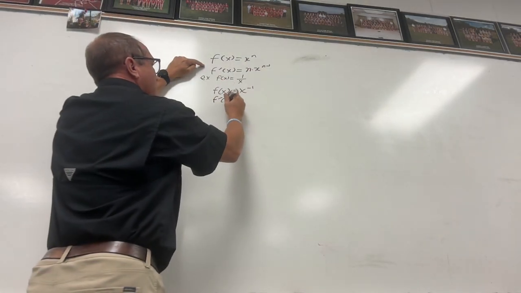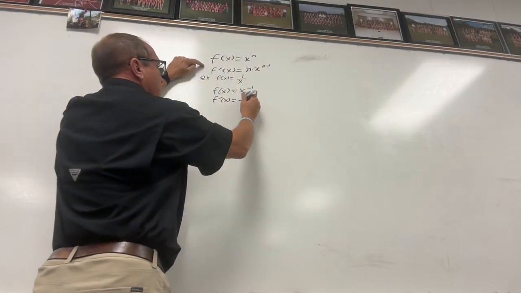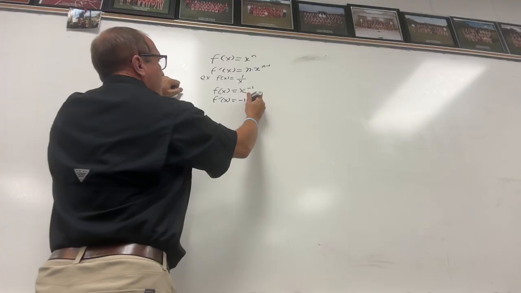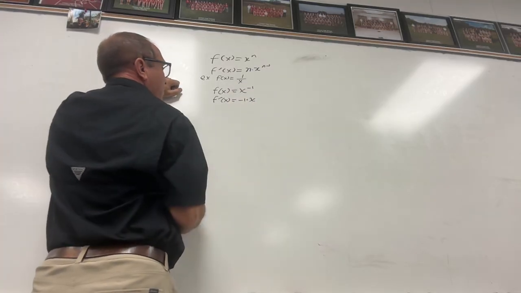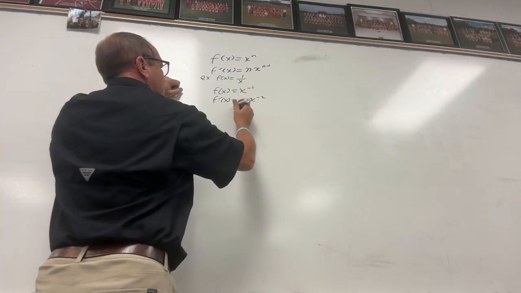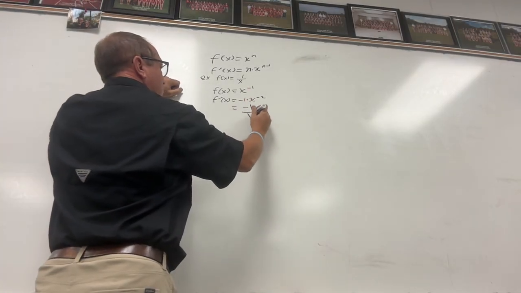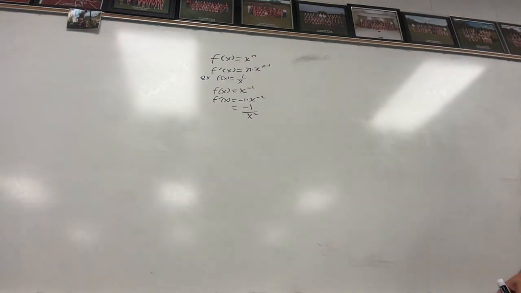F prime of x is equal to n, and n is negative 1, so we get negative 1 times x to the negative 1 minus 1, which would be negative 2. So we would get negative 1 over x squared. The other day we did that using f of x plus h. A lot quicker doing it like that. But that is an example of